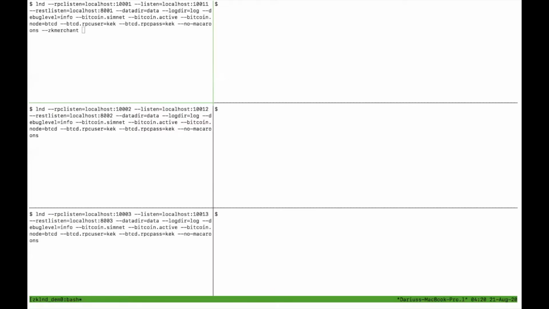So here we have 6 terminals running. On the left hand side we'll be running the zkLND nodes, and on the right hand side we'll be running the commands to interact with them. On the top row we have Alice, who will be the merchant, and underneath we'll have 2 customers, Bob and